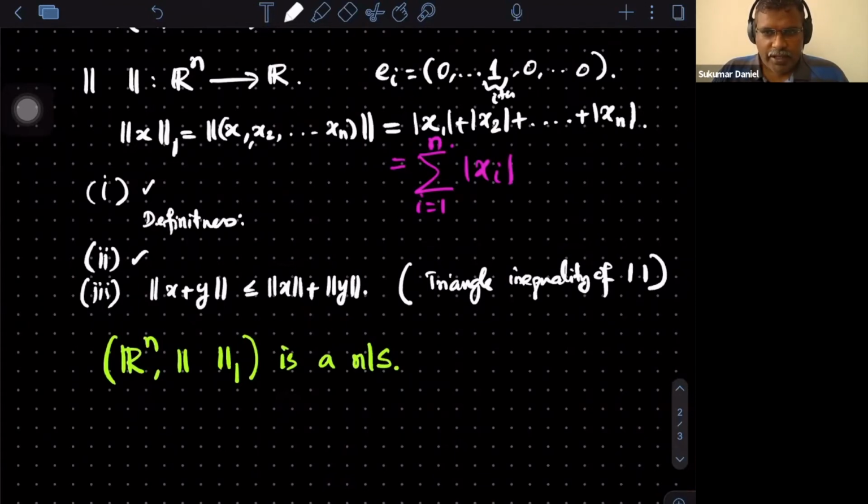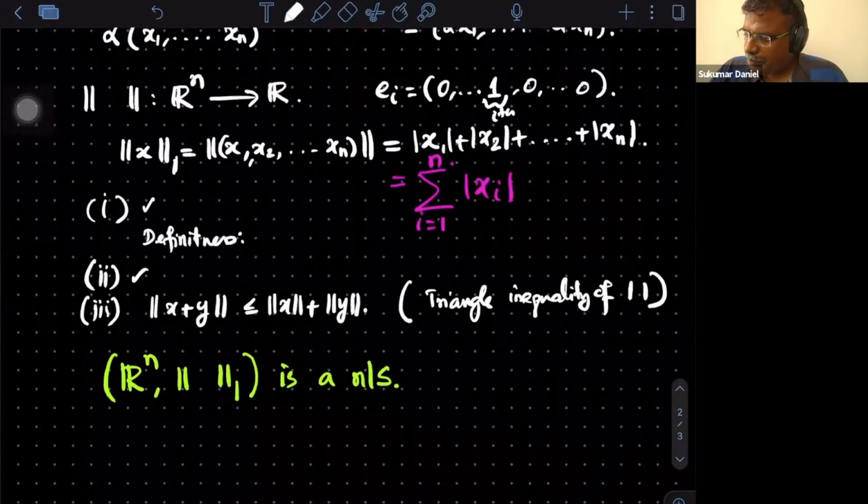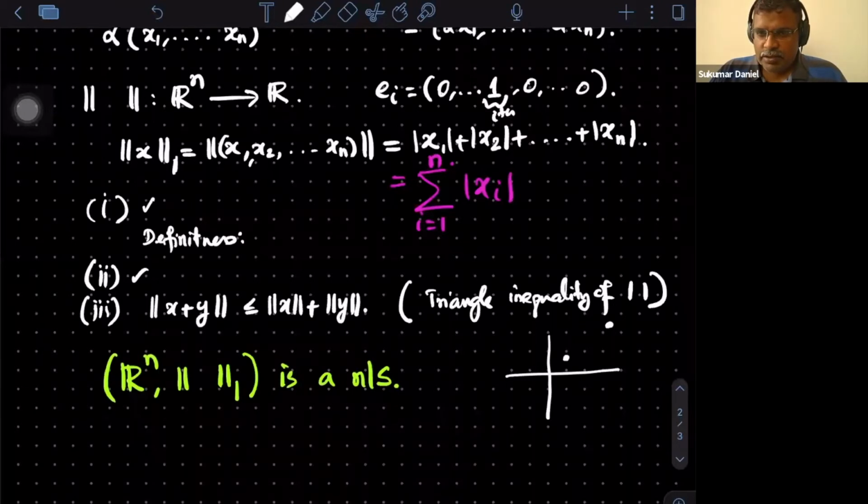Let me pose a geometric question. Suppose I have 1 point in the plane. Let us not worry about 2 points now. So I take 1 point here, and I am asking the question, what is this norm? If x1 comma x2 is the coordinate, very particularly in R2, then what is this norm? It is actually the x coordinate modulus and y coordinate modulus.